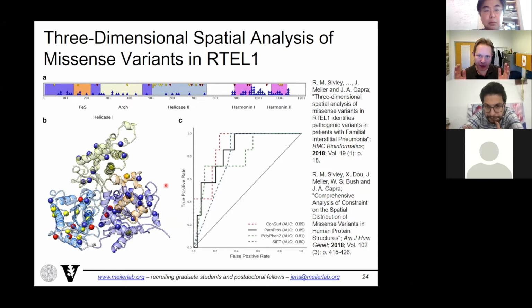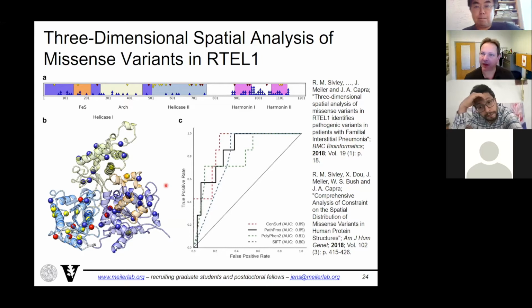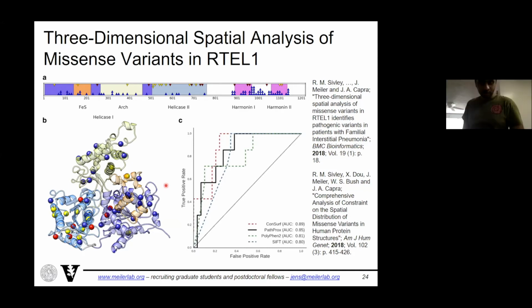So you take the genome of the child and you also sequence parents and healthy siblings. And by comparing the genomes of parents and healthy siblings with the child, you can identify a short list of mutations, 20 to 50 usually, in proteins that are private to the child, that healthy relatives don't have. And then we build models for each of those mutations and try to understand, is this mutation likely to interfere with the function of the protein?